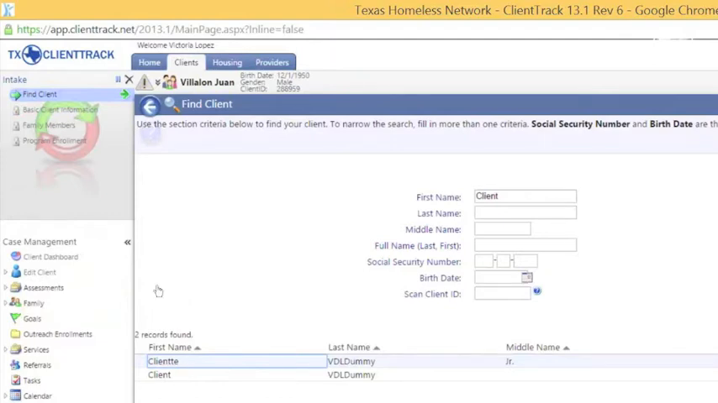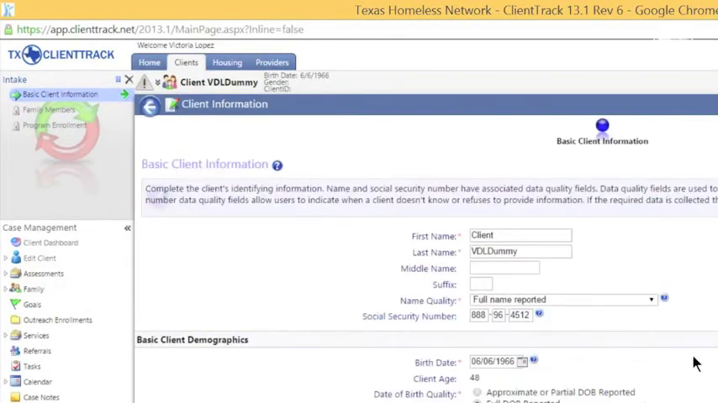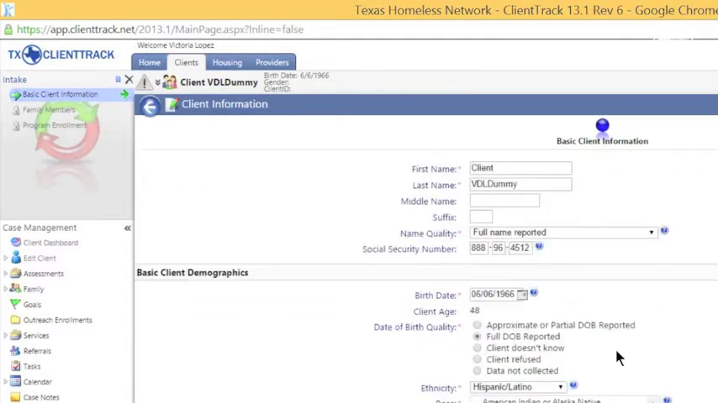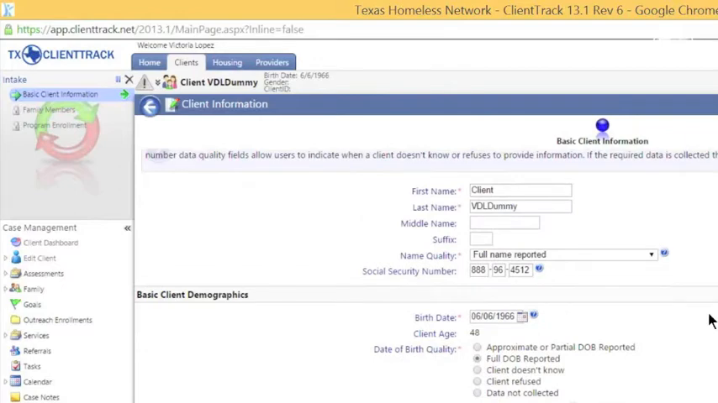So here I have the client that I'm looking for, my dummy client that I always use for trainings. When you use a current client, you'll notice that a lot of the basic information will already be filled out for you, whether you put that in yourself or this client came from another organization and that organization filled it out. If that happens to be the case, you can just double check to make sure that